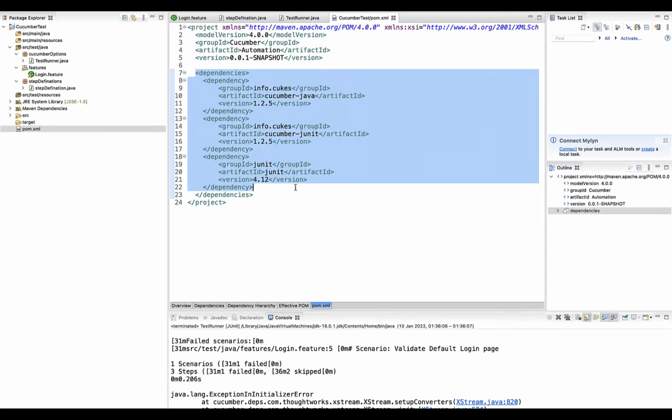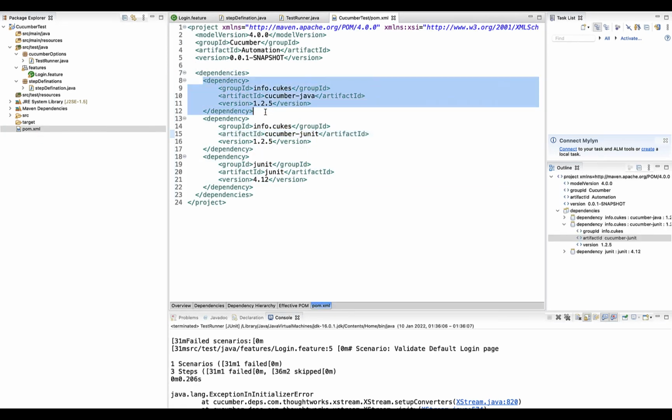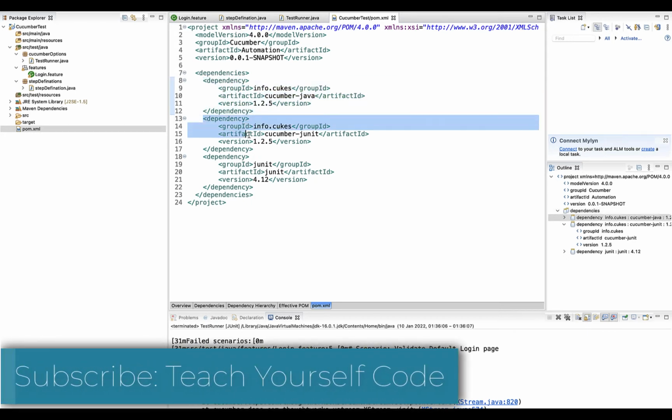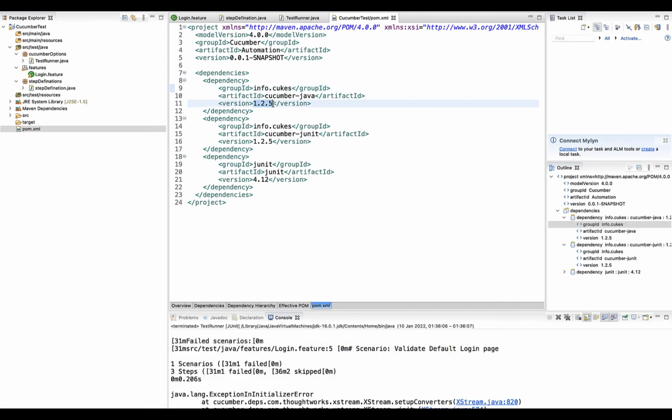If you look at the dependencies I'm currently using in the pom.xml, maybe you will not get the same error message in your test, or maybe you will. If you get this particular message, you can fix it with the fix I'm going to provide. The dependency used here is quite old: it is info.cukes and the version is 1.2.5, which is very old. That's where the issue comes in. People using old dependencies face this issue very often nowadays, because they refer to certain tutorials, follow them, and then this issue comes in. For this, there are not many changes to make.